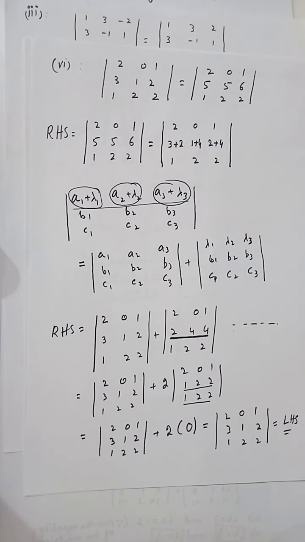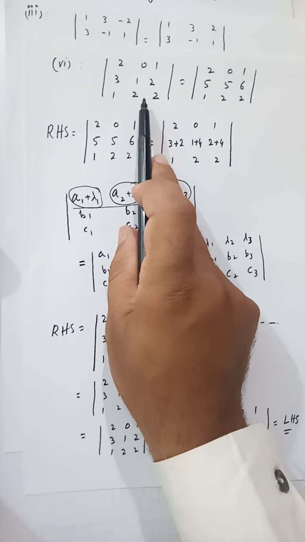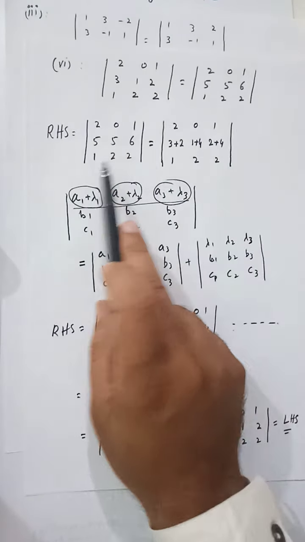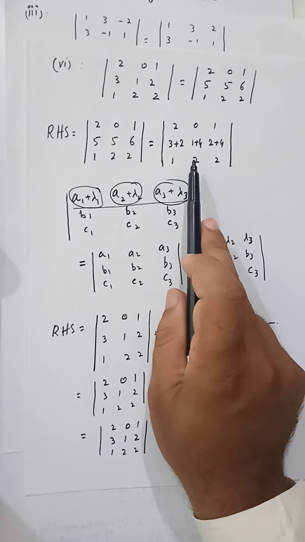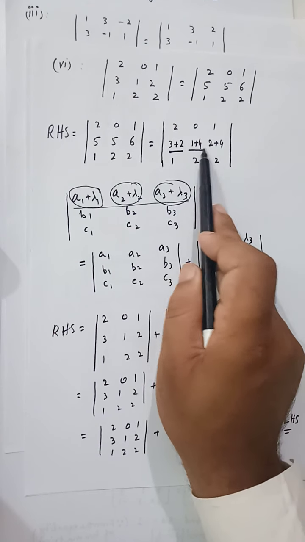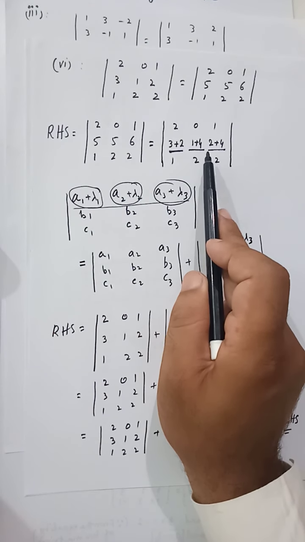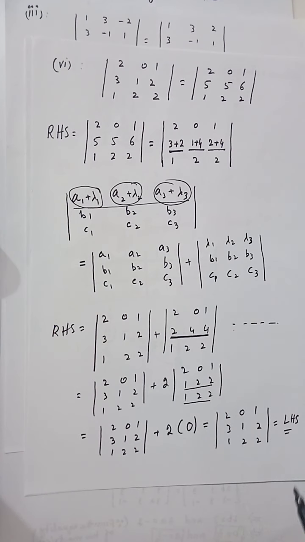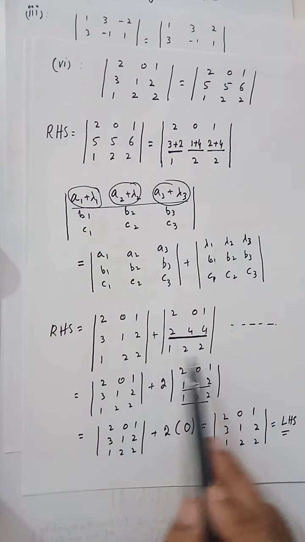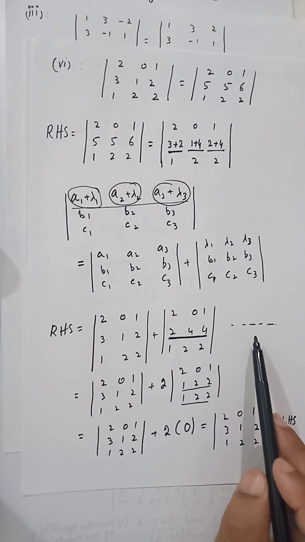You see it here. This is your left hand side, this is your right hand side. I consider the right hand side. I can write the second row in this form. You see that every element of the second row is written as the sum of two terms. So according to the property that if any row or any column's elements are written as a sum of two or more terms, then that determinant can be converted into the sum of two or more determinants. So according to that property, this single determinant is converted into two determinants. You must mention that property here.